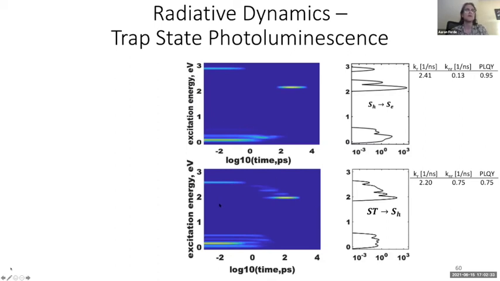Then when we compare that to the bottom, we see the same features earlier in the dynamics, up to 10 to 100 picoseconds. But then this trap state also shows bright luminescence until it recombines. And it shows the most predominant peak in the integrated luminescence spectra. Then from computing the rate constants, it has a luminescence yield of 75%,